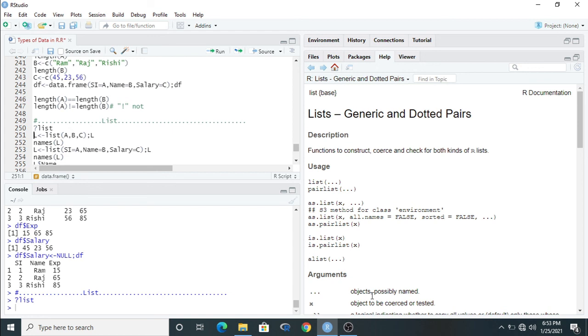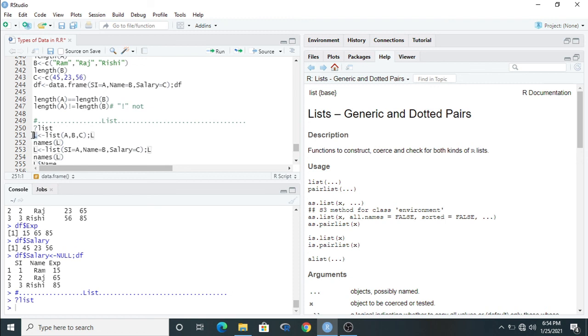You may store 2 characters in list 1. You may store 1 matrix in list 2. You may store more than 100 columns of a data frame in list 3. There is no limit. Okay, so list is basically comparatively better for writing any function or extracting the data from any function. Okay, so list, I have to put here, just put here list.